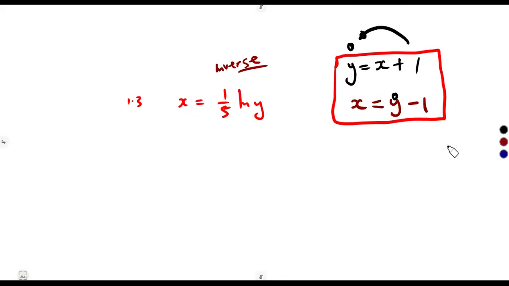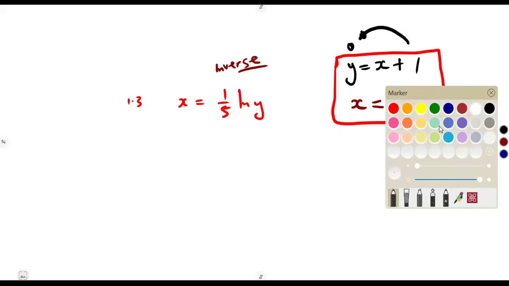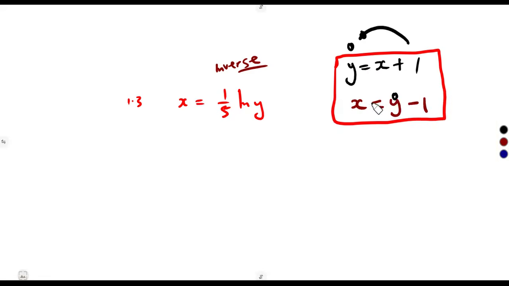So this is what I'm trying to say here. On this graph here, let's say we want to make y the subject. I'm not talking about the inverse. I'm just talking about the error of the question paper, your memo. If you make y the subject here, it is going to be what? y is equal to, all right, actually, we have got this 5 here that is affecting. So we can maybe start with that one, multiply by it. So it was going to be 5x is equal to the ln of y. So remember, ln, we are in the base of e. So y is equal to e to the